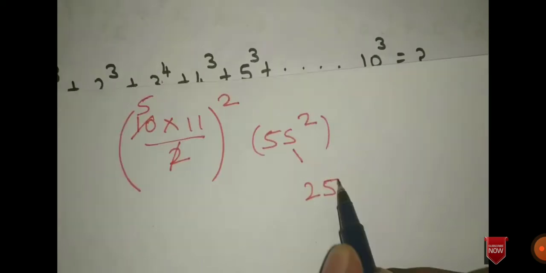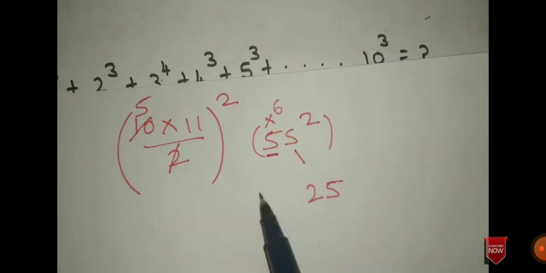So for doing 55 square, I will also tell a shortcut. See, here we have 5, right? What is 5 square? 5 into 5. What is the last number? 5. 5 into 5 is 25. Okay, so here we have 5. What is the next number of 5? 6. So 6 into 5 is 30.